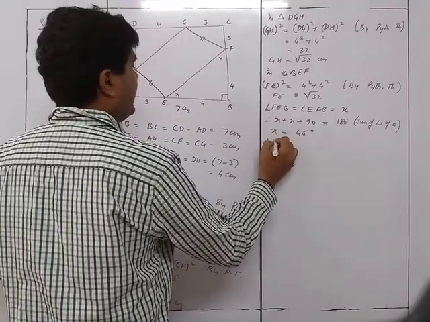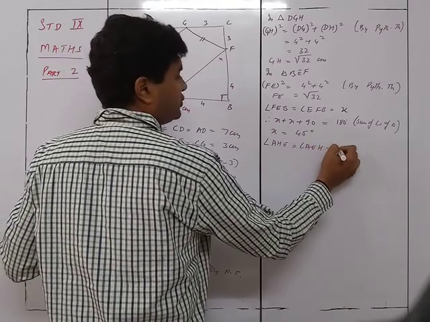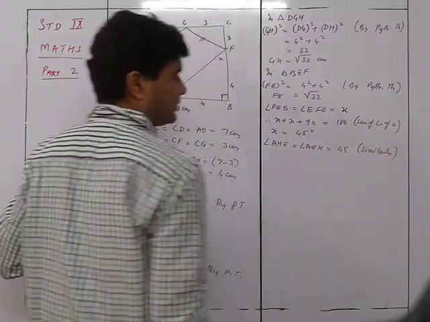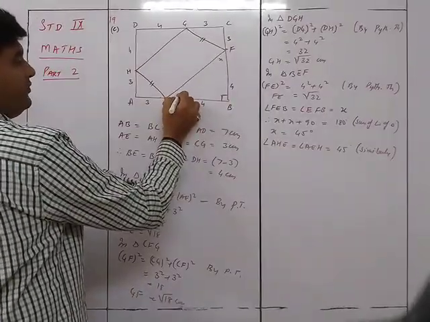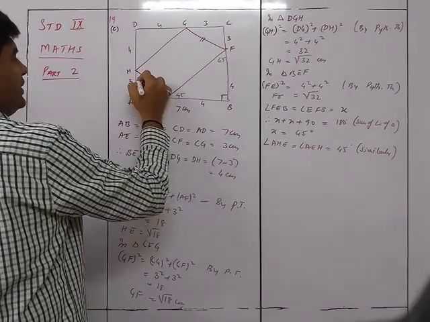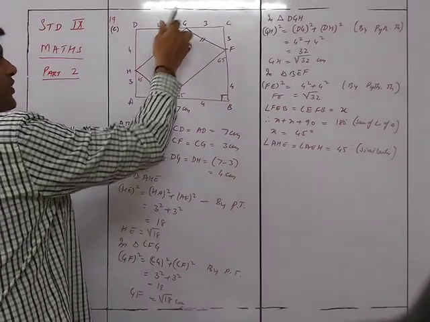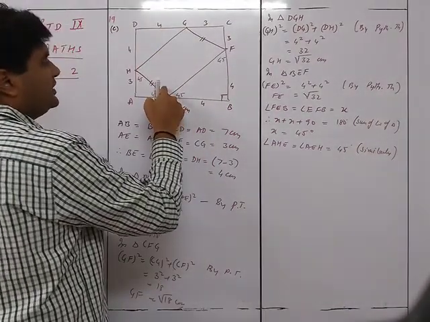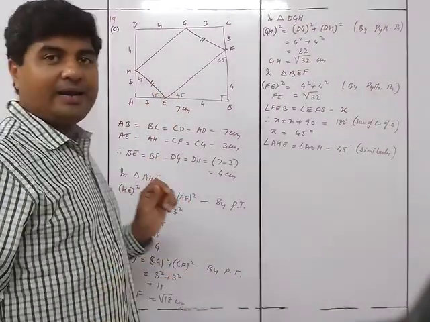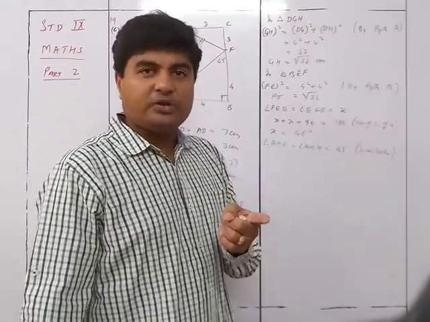Similarly, angle AHE is equal to angle AEH is equal to 45 degrees. So this is 45, this is 45, this is 45, this is 45. We can also prove this to be 45, 45. So we are just going to prove that this is 90. If one of the angles is 90, automatically all the others will be, because opposite sides are equal, so it's already a parallelogram. Now, in it, one angle is 90, so all the other angles will automatically become 90 too.